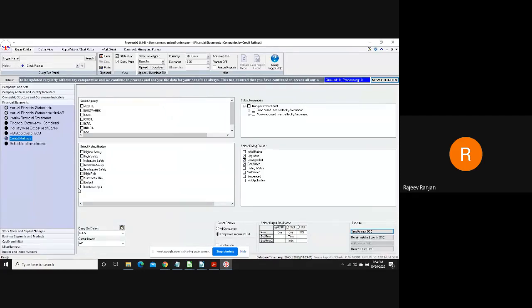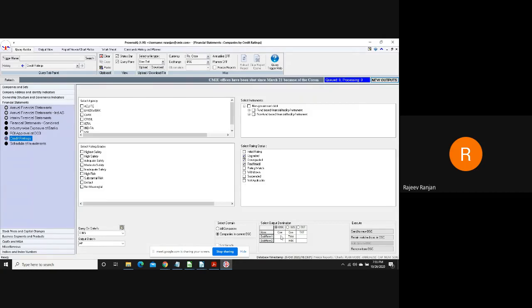So don't get confused. If you do not change this to the worksheet, what happens if I run the same query to the output without changing it to worksheet? I have an option to send it to the new output sheet, because I cannot add this data to the output sheet. So it will just give you the name of the company without adding the data. I have seen many users getting stuck that the data is not coming in my output sheet despite my running the query.